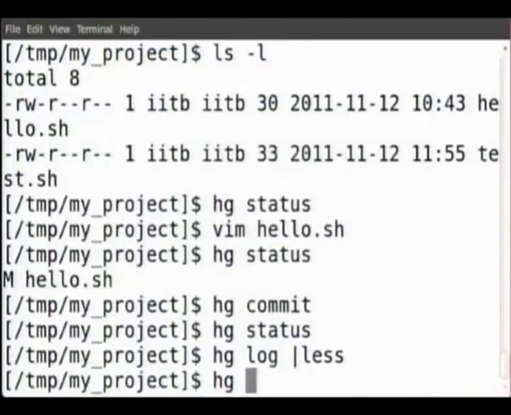Okay, so some questions people are asking. If more than one file is in the directory, is there any provision to distinguish by name in the log? Distinguish what by name in the log? Your commit message applies as a whole to all files. If you want to distinguish between each file change, you have to explicitly only commit those files or add those files. Okay. So for example, if you do hg help commit,